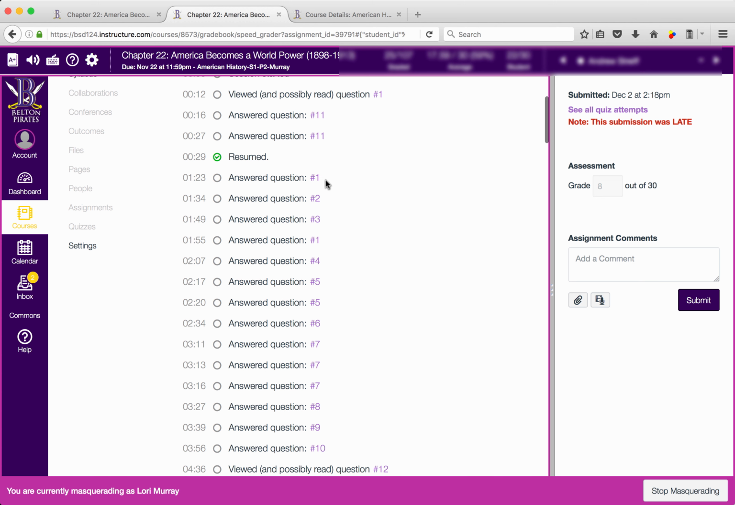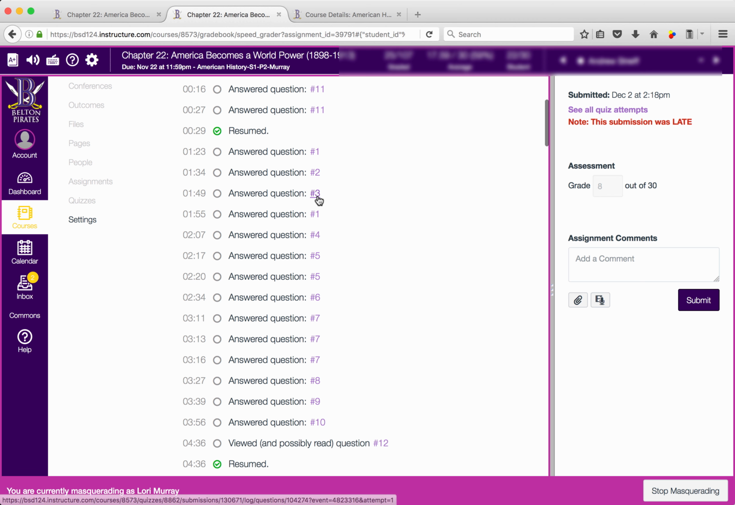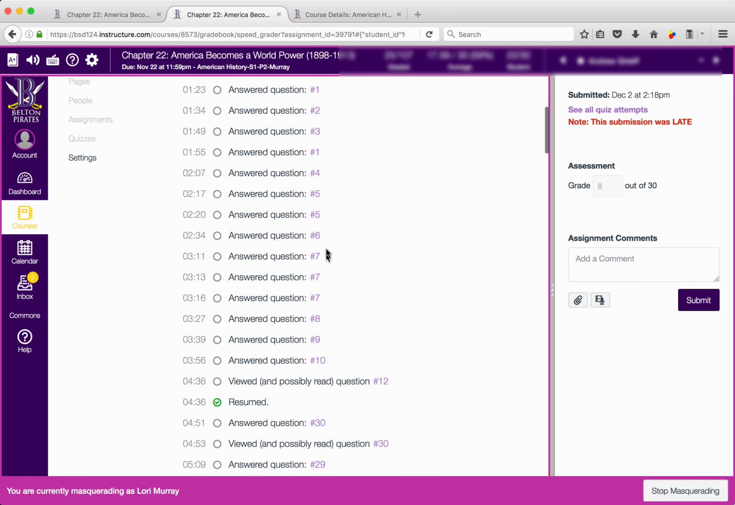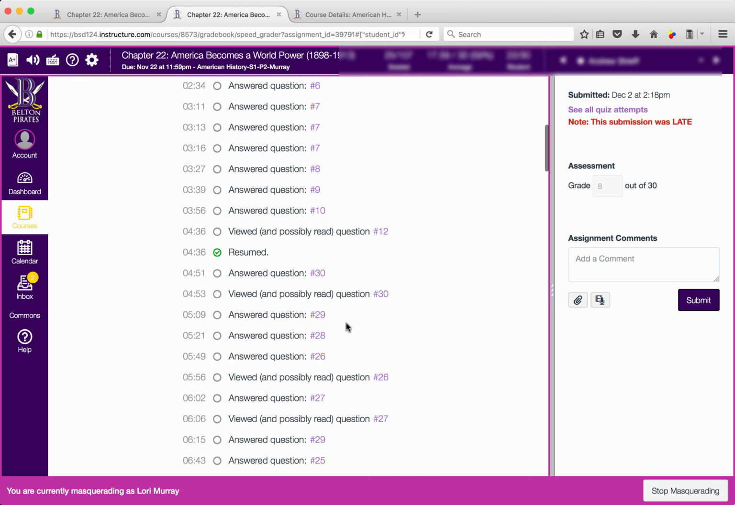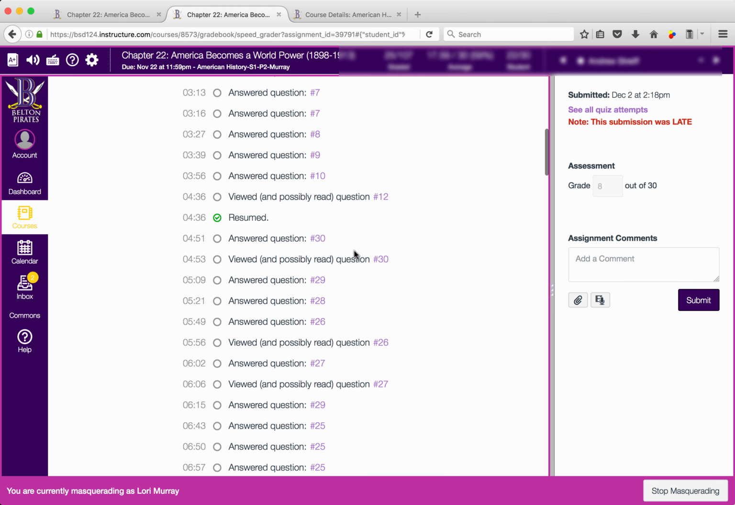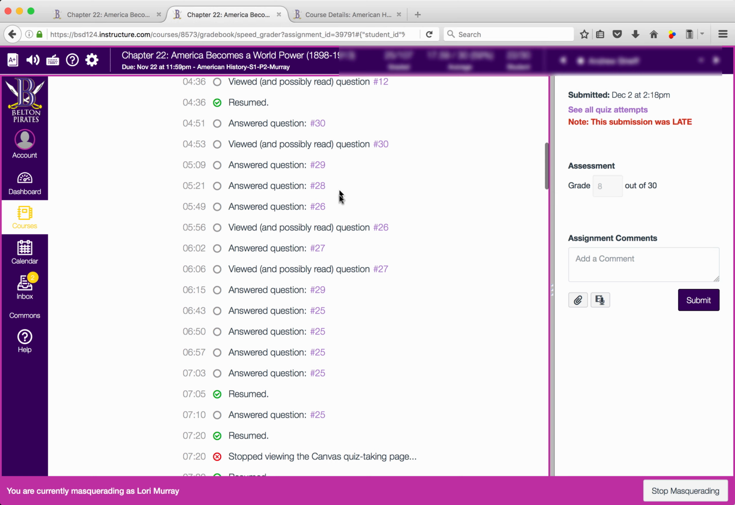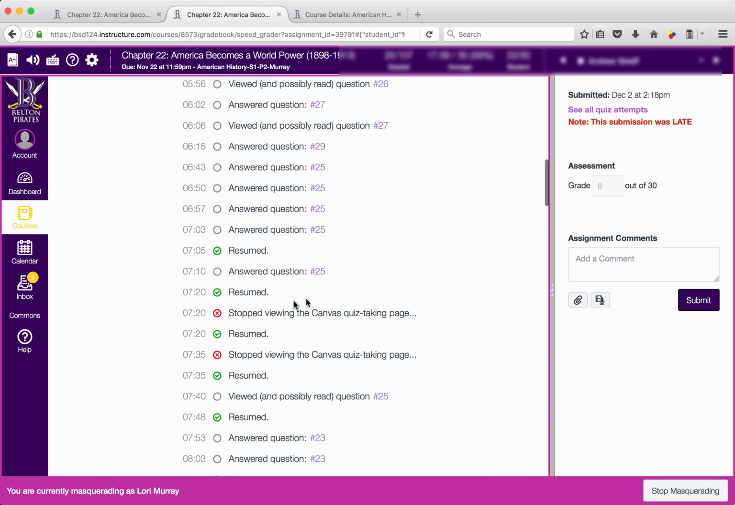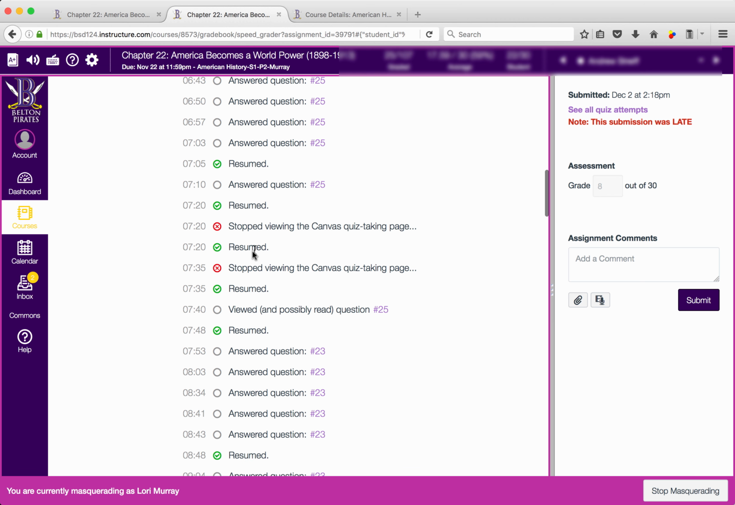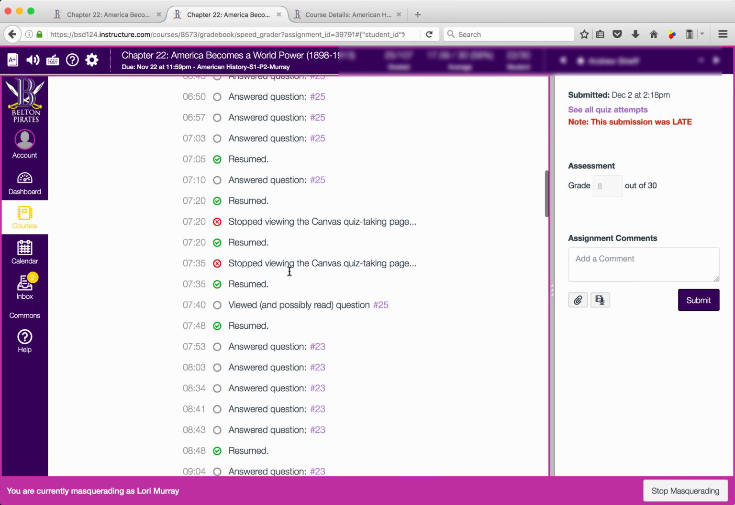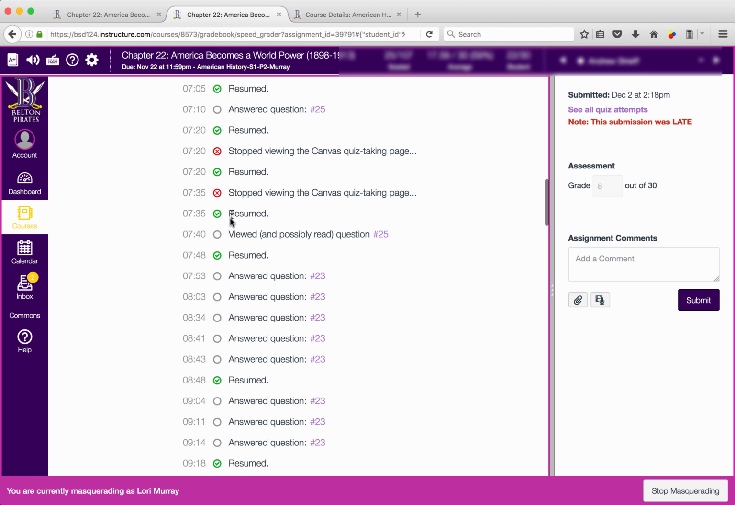That's kind of weird. Then they jumped around 1, 2, 3, 1, 4, 5, 6, 7, 7, 7 3 times, and then down here resumed it, went to question 30. Kind of worked backwards from there, and then notice right here, 7 minutes and 20 seconds, they stopped viewing the Canvas page. Then they came back and they stopped viewing it again for 15 seconds, and then they came back